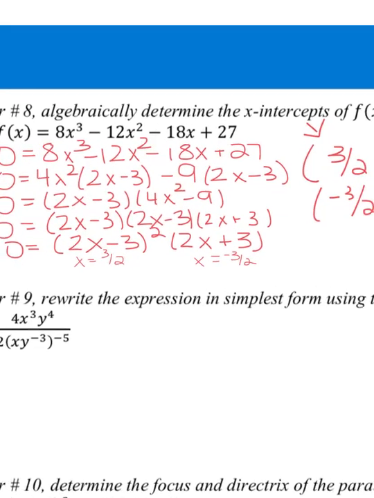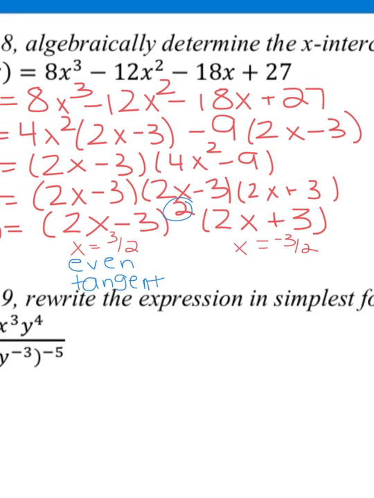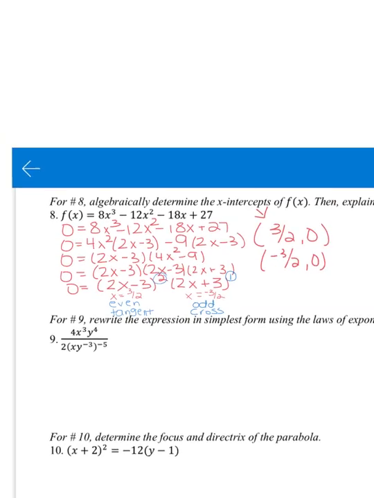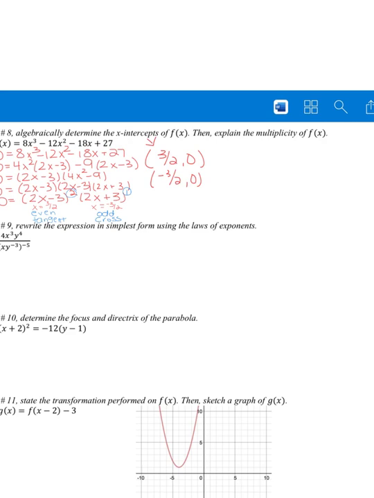And then also the multiplicity. So x equals 3 over 2 had a multiplicity of 2, which is even, which means it will be tangent. This is not the answer. This is just going to help us organize. And then the other one, 2x plus 3, is to the first power. So this is odd, which means it's going to cross. Okay, so that helps us organize, but then my final answer, I'll write over here,